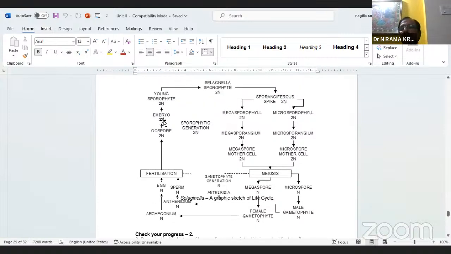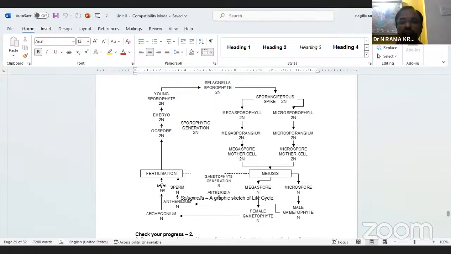This zygote is modified as an embryo, and the embryo develops into a young sporophyte. This young sporophyte again produces sporophyte. So this is the life cycle of